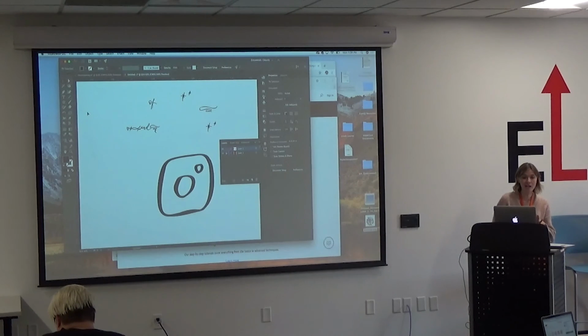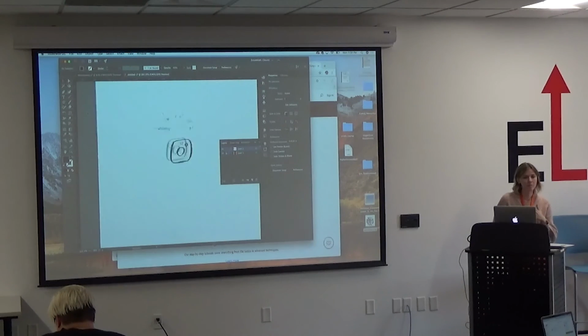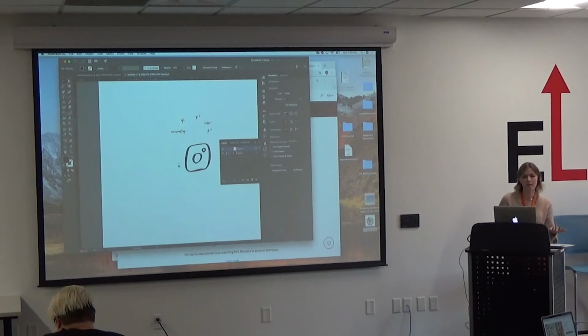And then the next class, I'm going to go into more design ideas, how to make logos and really get into designing something, a logo or a glyph, or making your own fonts. There's a lot you can do with Illustrator. So that's what we'll